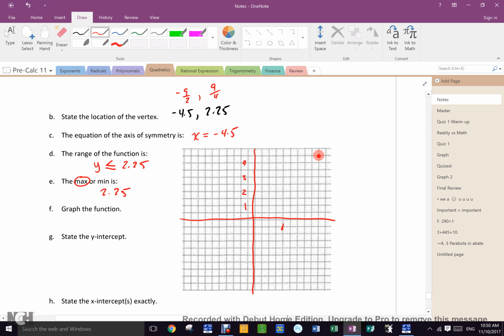Now, here is something that bothers me. A great many of you on your test on Tuesday are going to put a dot at the vertex. You're going to recognize that it's negative, and then you're just going to do this. Am I going to give you marks? No, because what does that prove to me? That proves to me you know that it opens downwards. Is that all the information you have from this graph? No. You know